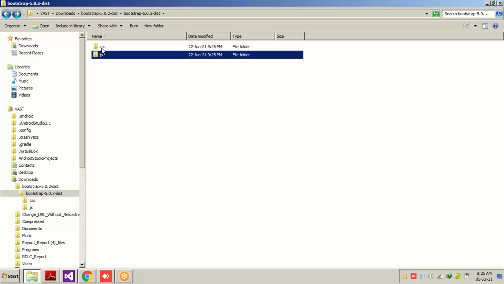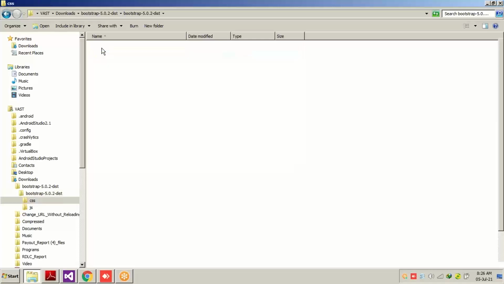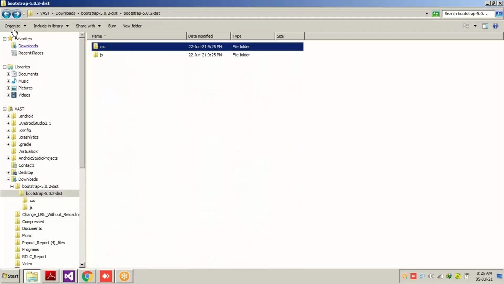We don't have to think about the design. We don't have to think about the look. We don't have to think about the presentation of our controls on the screen on a mobile phone. All those things will be taken care of by the pre-made classes inside our Bootstrap folder.